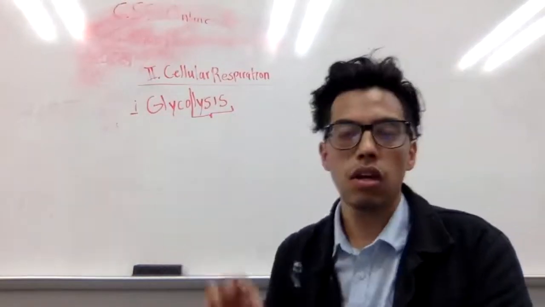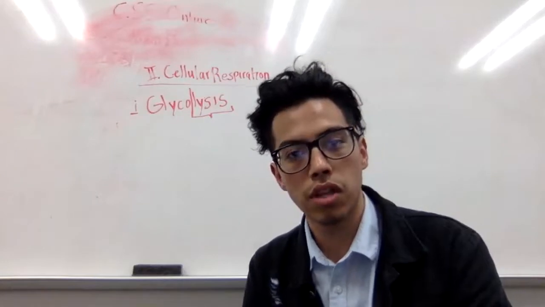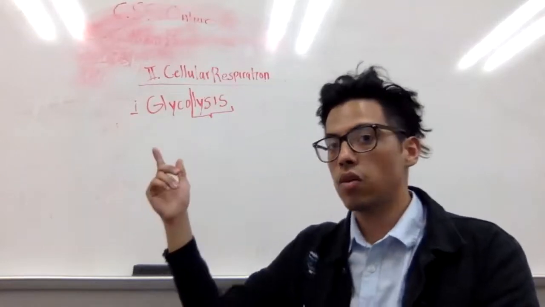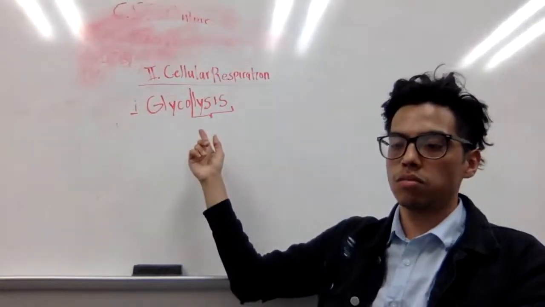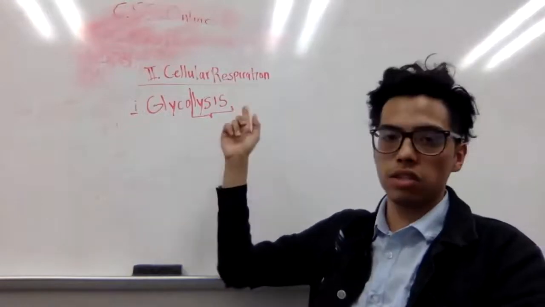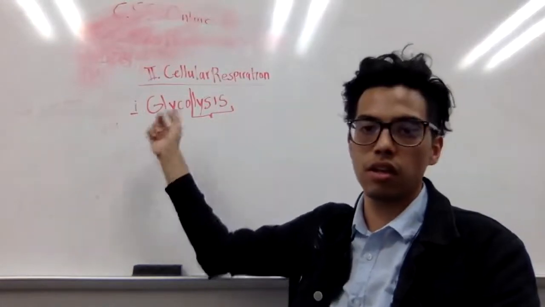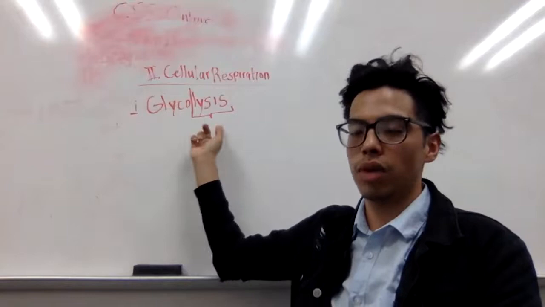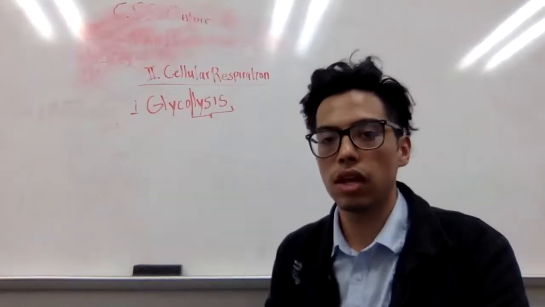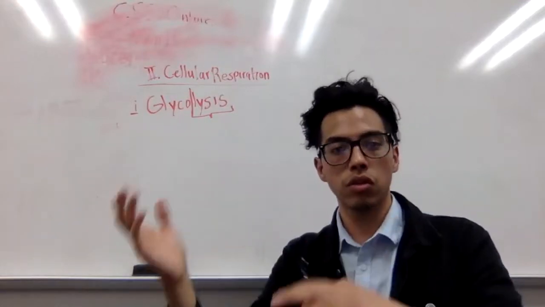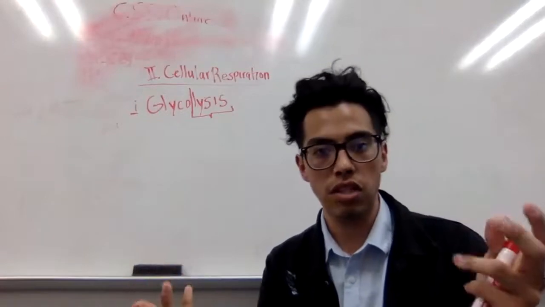Glyco refers to the glucose that you're breaking down, and lysis is breaking open. So glycolysis is the breaking down of glucose,